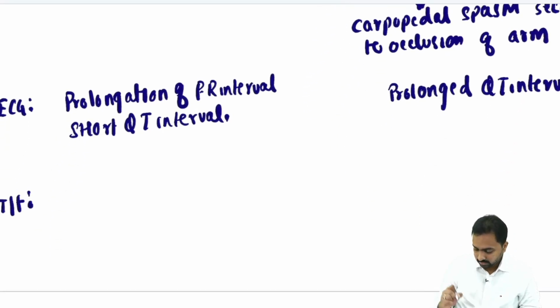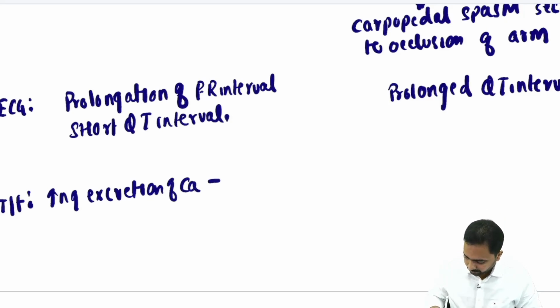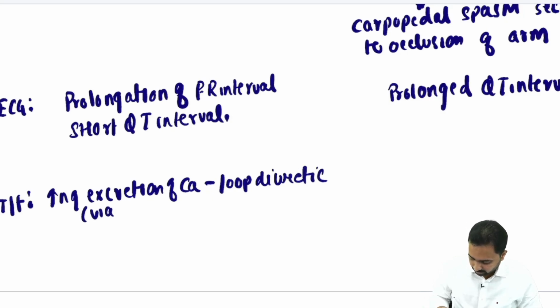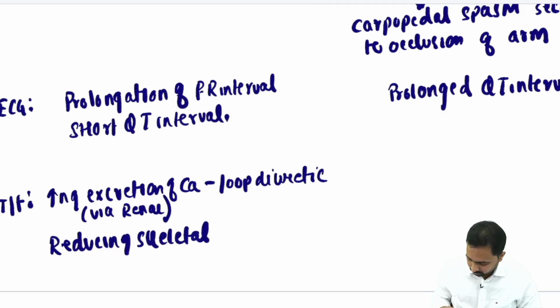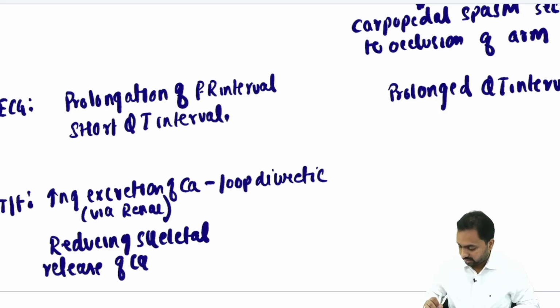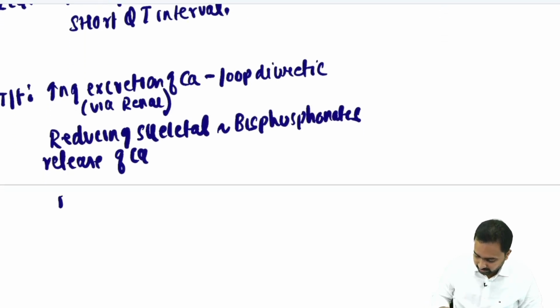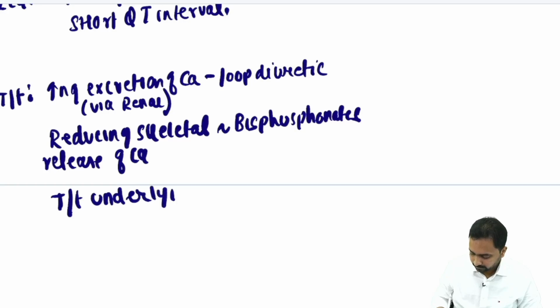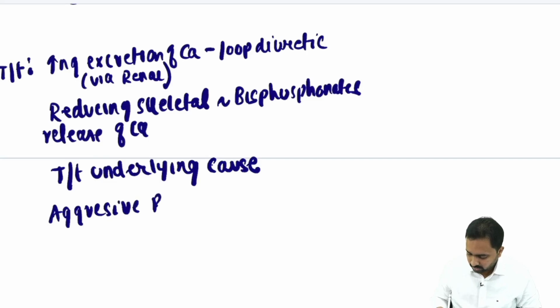Regarding the treatment part over here, it would be increasing excretion of calcium, which would be via furosemide, that is the loop diuretics, via the renal route. Then reducing the skeletal release of calcium, which is achieved by bisphosphonates. Then we have to treat the underlying cause, and there has to be aggressive rehydration